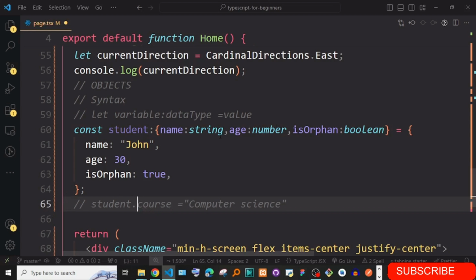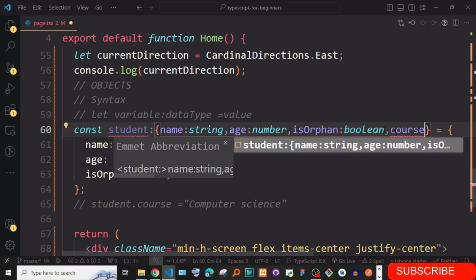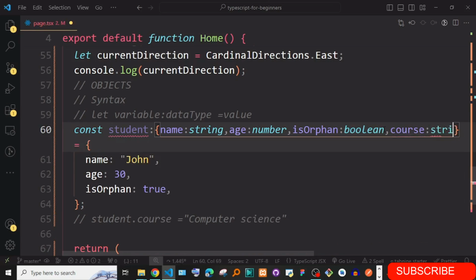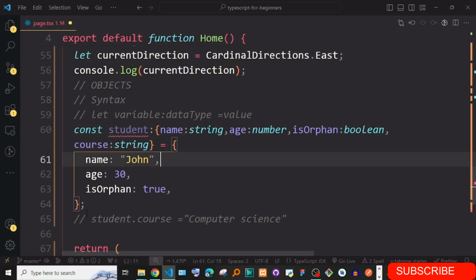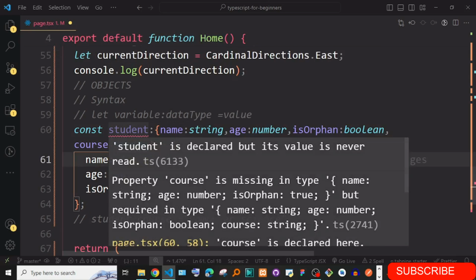Okay, now another thing that you're going to notice, if I just comment this, if I came here and added, for instance, a comma, and I add course to be a string, you see now we have another problem. If you hover here now, it will tell you that property course is missing in the type.